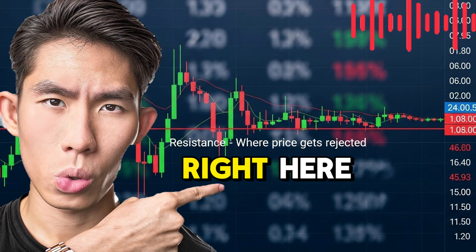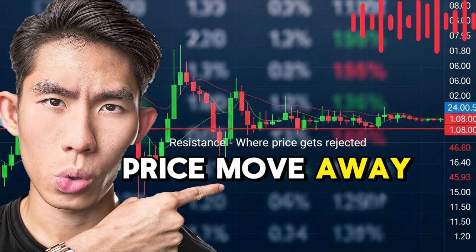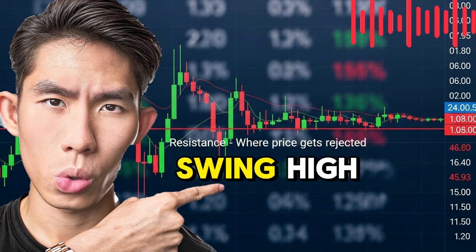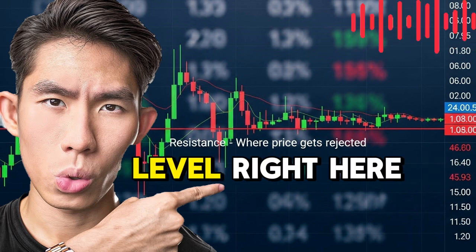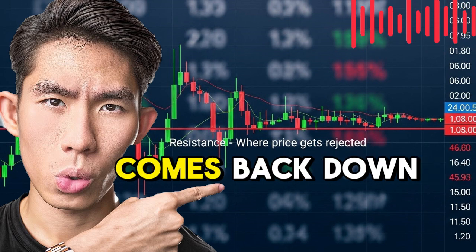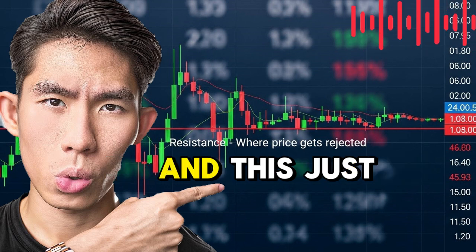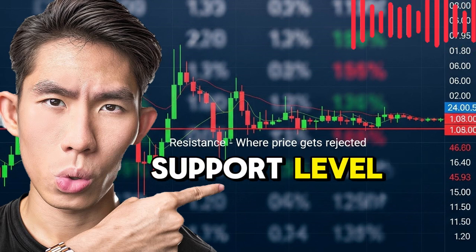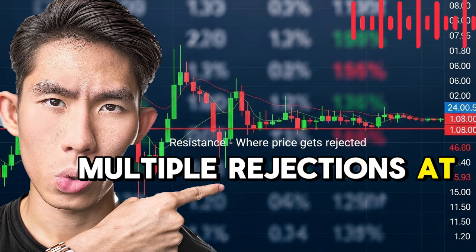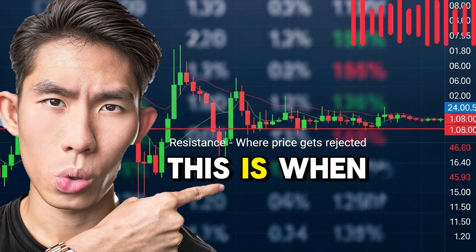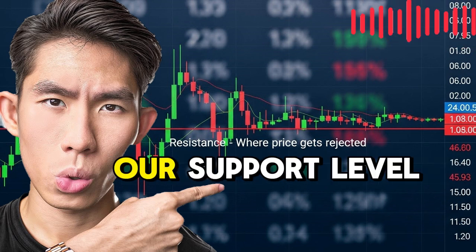And then you can also see right here, this is when price moved away significantly from our swing high. And then I can also draw another support level right here because whenever price comes back down here, it always reverses, and this just shows us that this is a very strong support level because there are multiple rejections at this level. And then at this point in time, this is when price has finally broken through our support level,